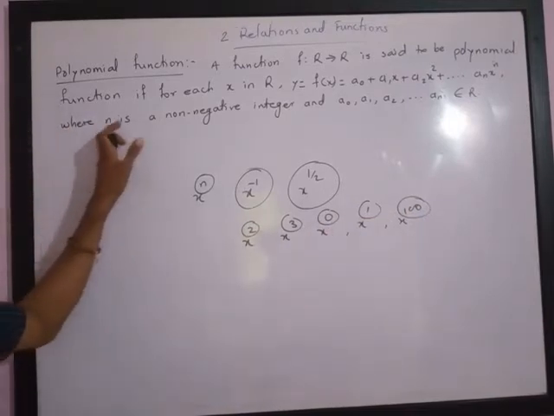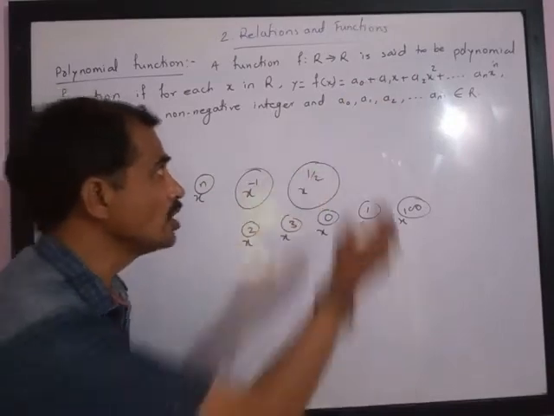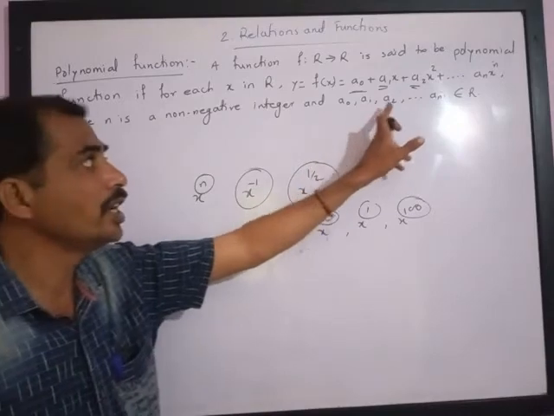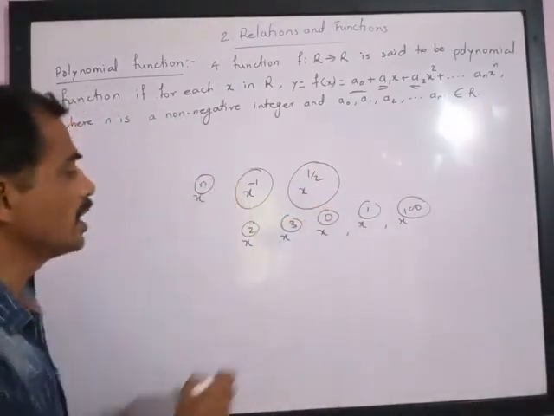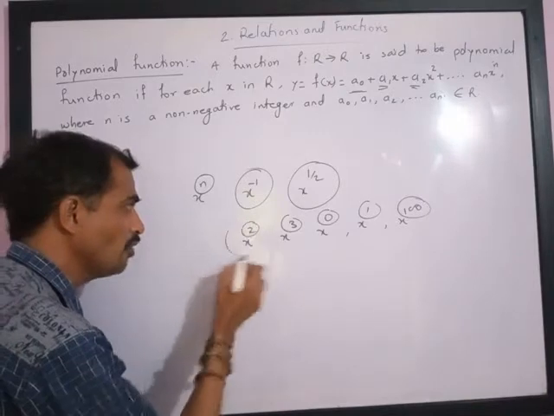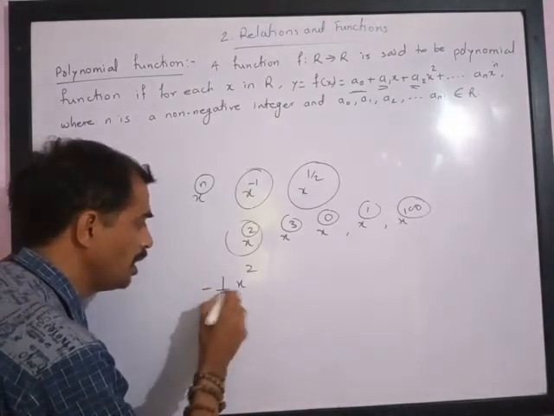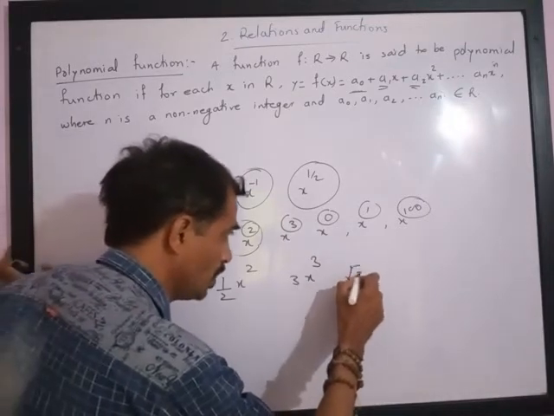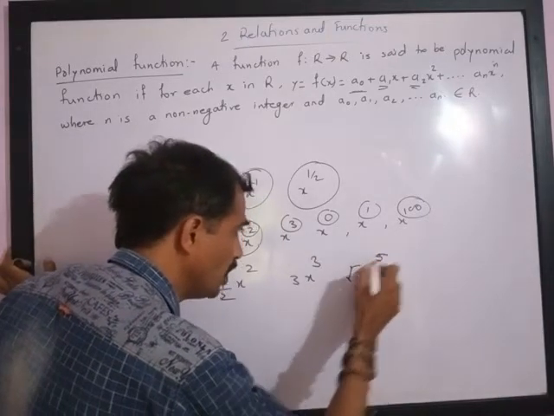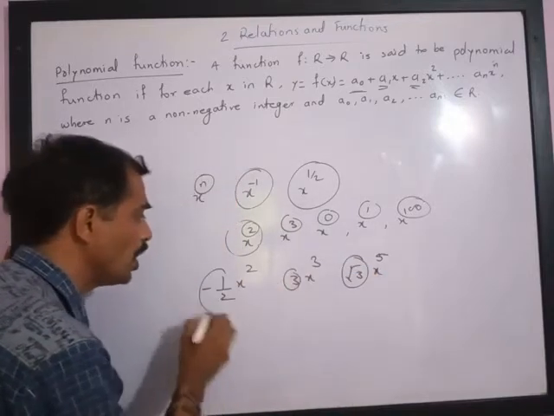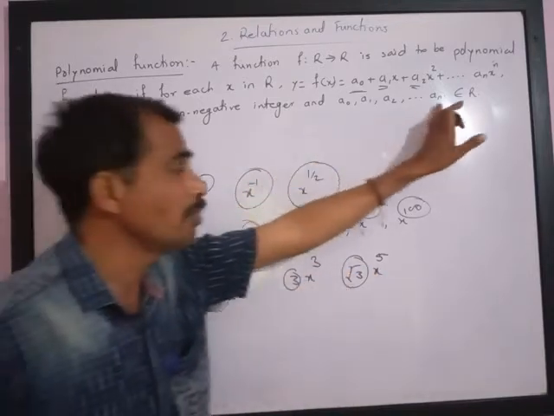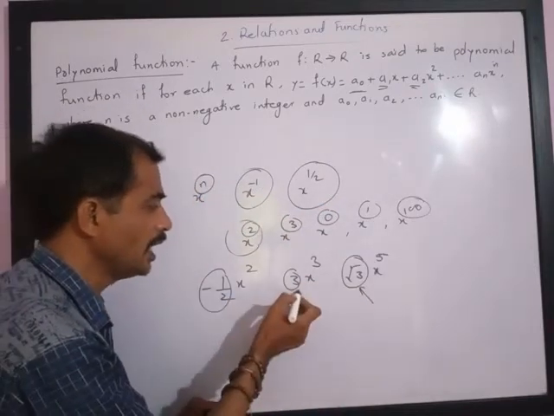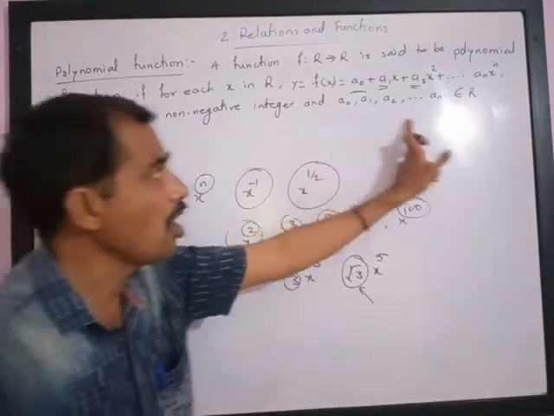So you will see powers are always non-negative integers, and they are integers, which means they are not fractions. And a0, a1, a2, these constant multipliers, are real numbers, a0, a1, a2 up to an. What does that mean? It means the multiplier of the variable, that is x square, can be negative half, can be 3x cube, can be root 3 x raised to 5. So a0, a1, a2, a3, a4 up to an can be irrational numbers,